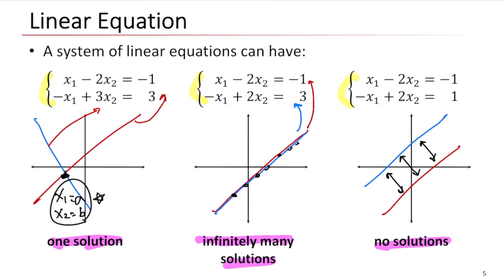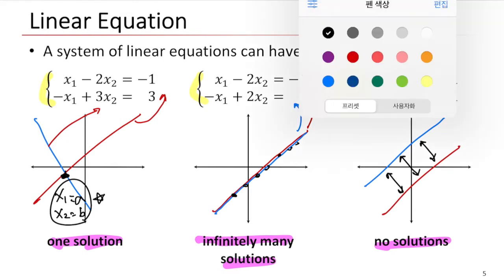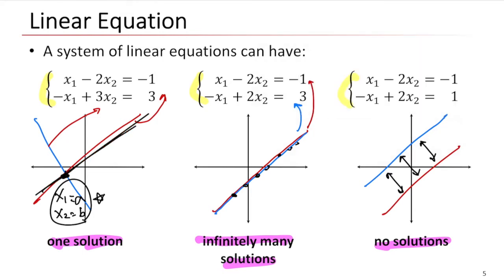Interestingly, there are only a limited number of possibilities for the solution. Why? Because we are dealing with a straight line like this. When we're dealing with a straight line, this line is never going to meet over 2 or 3 points like this. For example, if we draw the two lines like this,